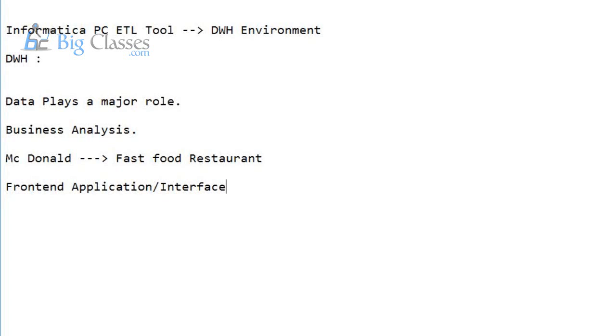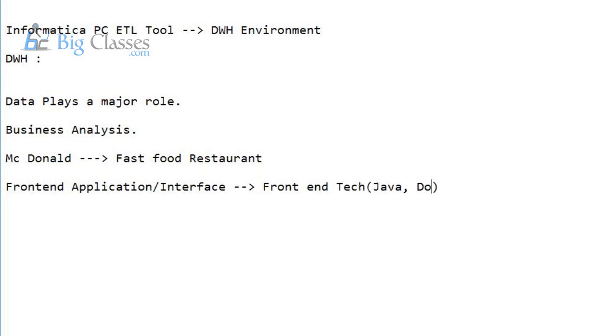The front-end interface or application is designed using front-end technologies. So what are the front-end technologies? They are some of the programming languages in which it is designed,